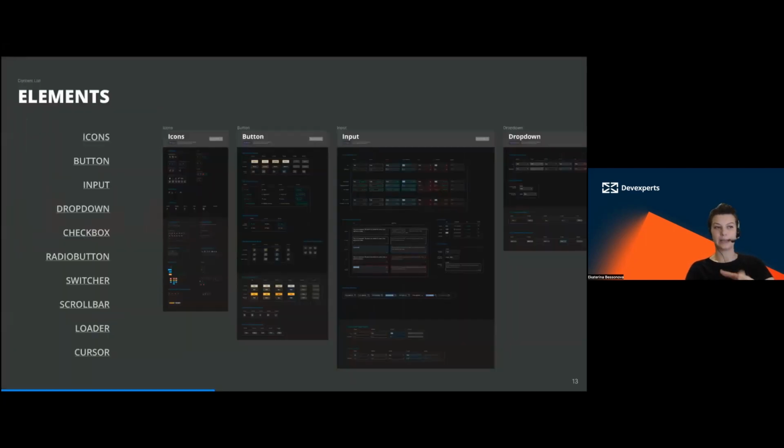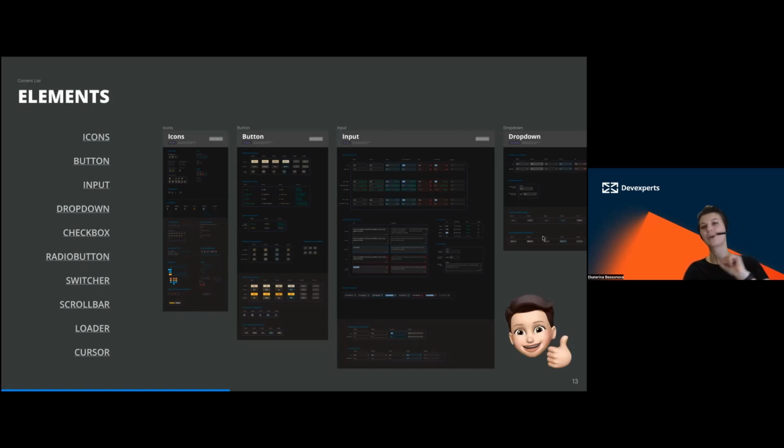In the subblock elements, we kept atomic things like buttons or inputs, and the fact is that our design system is based on an atomic approach, where complicated elements are assembled from elementary ones, like bricks. For instance, all teammates could see how the diversity of buttons looks. So for a designer, there is no need to draw it again and again in a new spec, and that's a profit. So atoms are here and